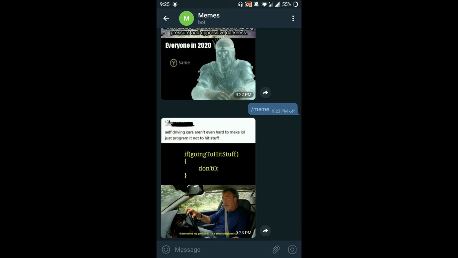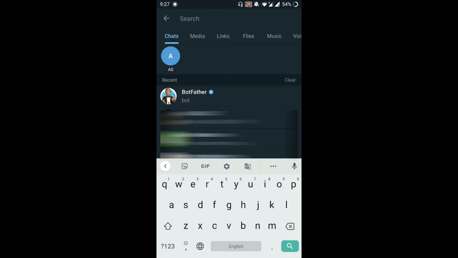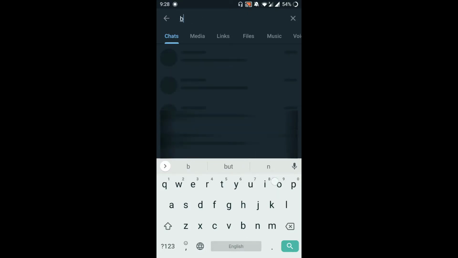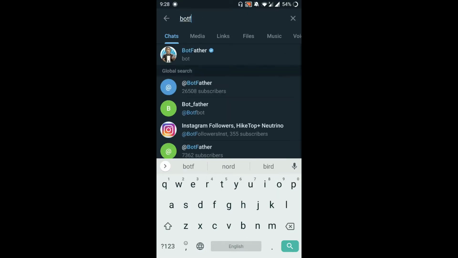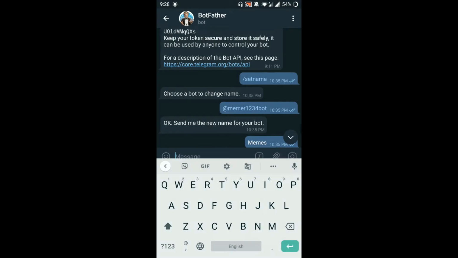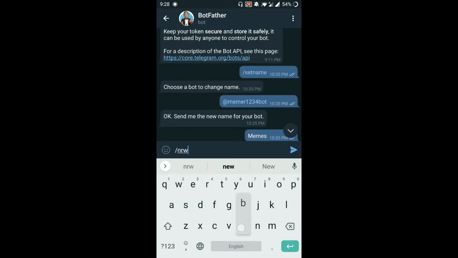Yeah, so I think you saw the demo, so let's create it now. Step 0, before doing anything, we have to first create our own bot on Telegram. So let's see how to do that. The first step to create a bot will be to search for the user BotFather and type the command /newbot.